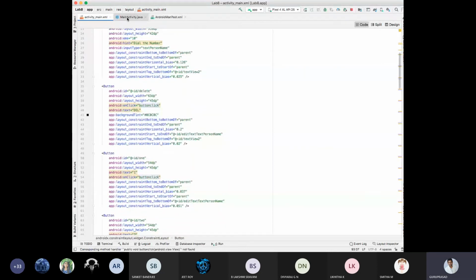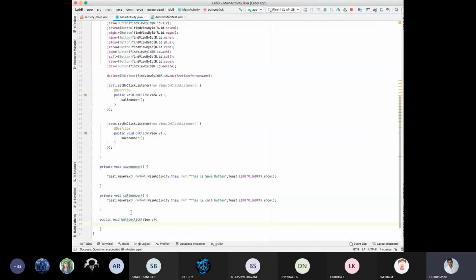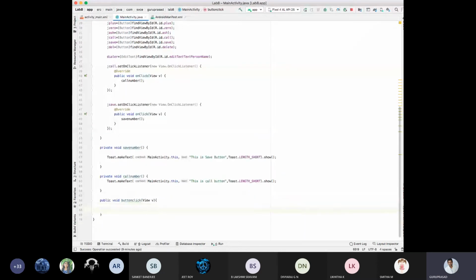Fine. Now I'm going to the main activity. This is the main important thing in your 8th program. Then I'm using the switch function.